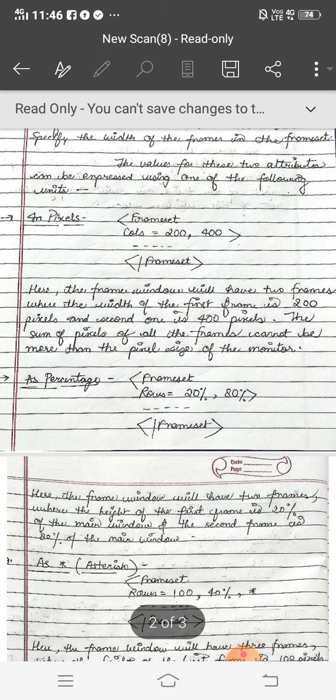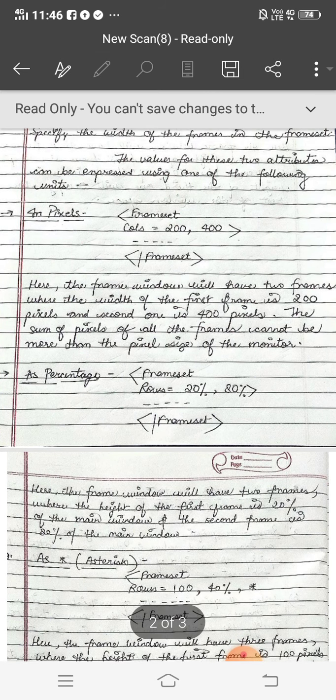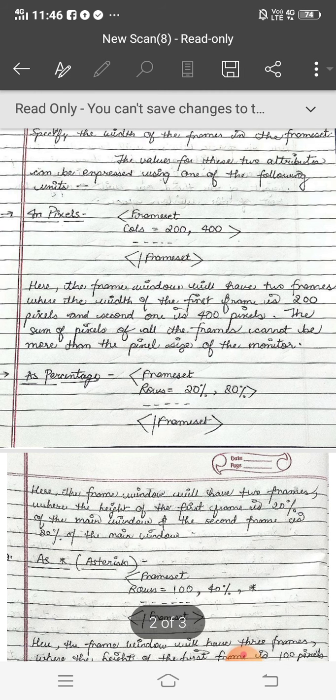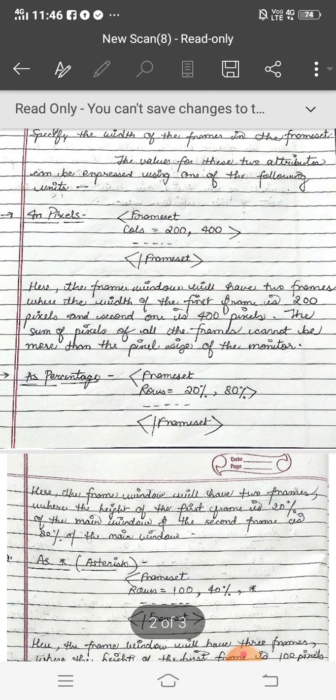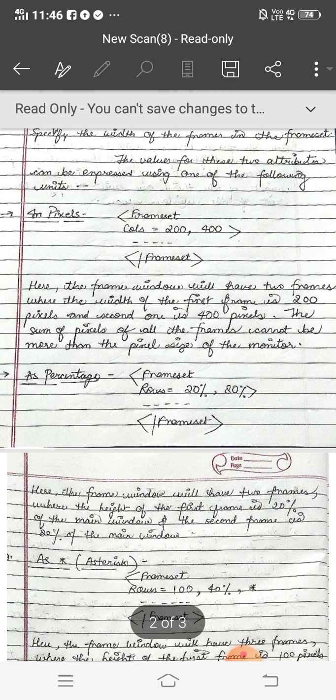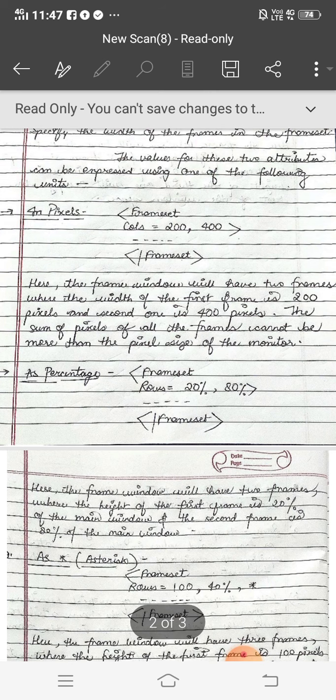One will be small, of 200 size, the second will be large, of 400 size. The frame window will have two frames, with widths as I told, columns define width. The width of the first frame is 200 pixels. Yes, size, as monitor size is measured in pixels. Pixels means picture elements. Similarly, a frame is also a window, right? So its size will also be measured in pixels. Here the first frame will have a width of 200 pixels, the second a width of 400 pixels.